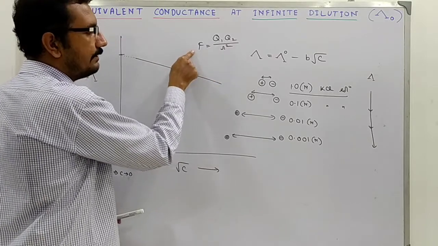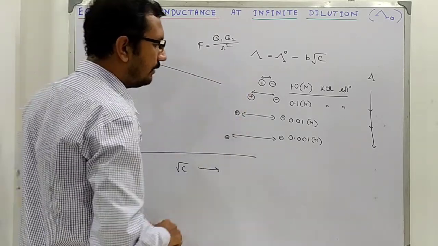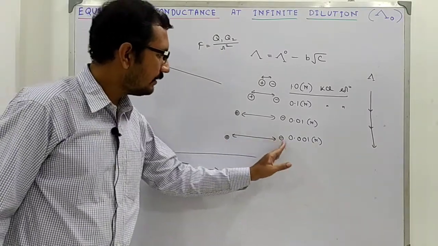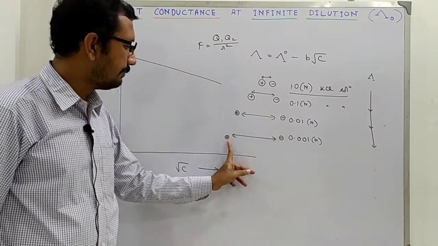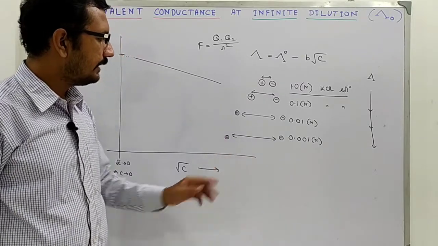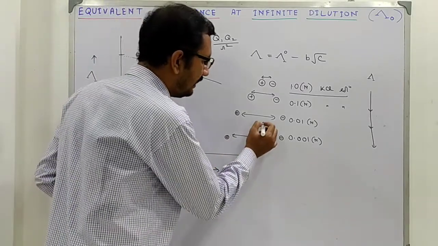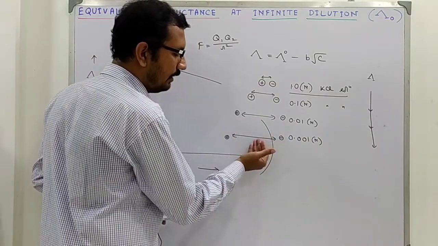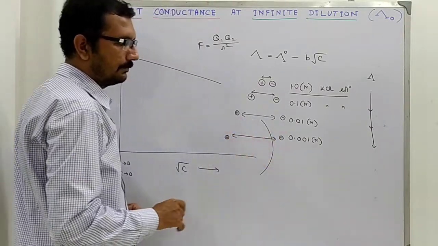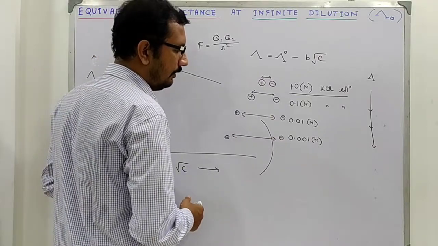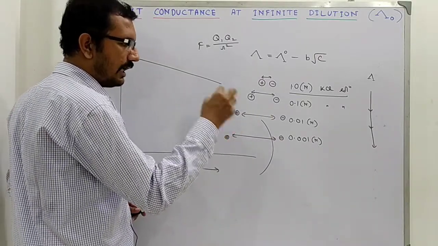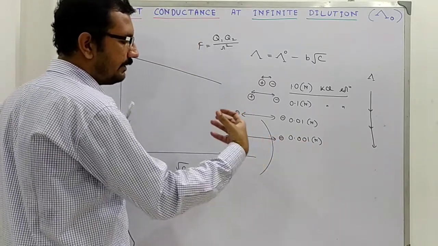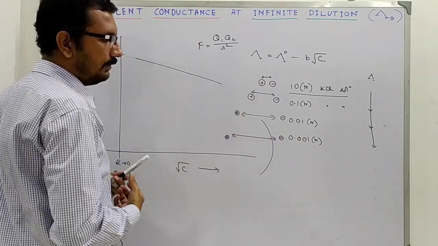So, it will decrease rapidly, and a time will come when this minus will go out of the field of this plus. Say this plus has a field up to this point. Now, you have this negative ion, that is anion, out of this field. So, there will be no attraction. If the oppositely charged ions come out of the field that is created by the ions, then there will